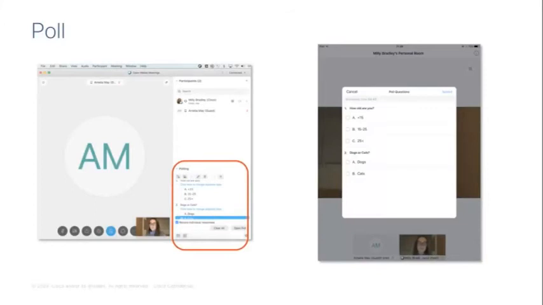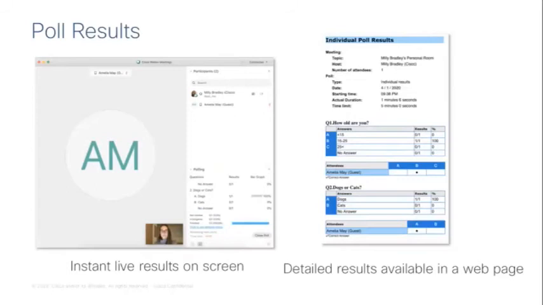So I'll just show you in the next page here. If you look on the page on the left, the polling is just below the participant list there, and you can see we get a bar chart of how the attendees answered. It's anonymous. On the right-hand side, we can get a detailed report of how attendees answered the question. So this is really good if you are testing, if you are doing a formal vote, or it's imperative that you save the answers of how people answered your questions.